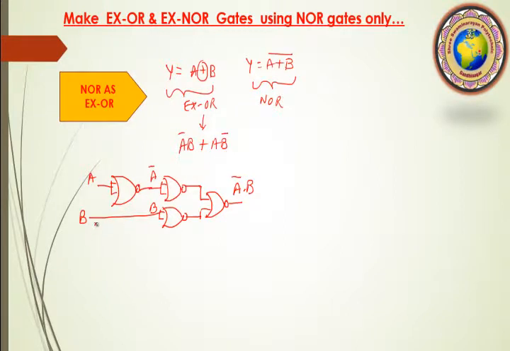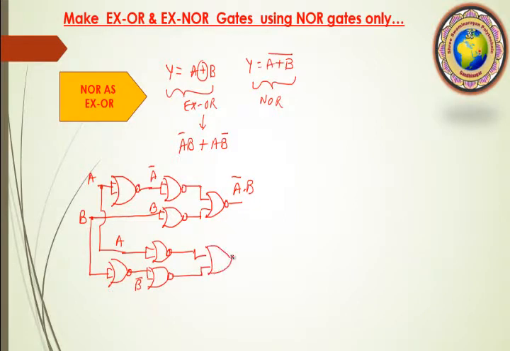So I take this A once again here, A simple and B. So I take here as a B and then convert by using NOR as a NOT. So this is our B bar. Now these two both are using dot product or AND form. So these two inputs, same as this way we can just convert, and this together will give our output A B bar.